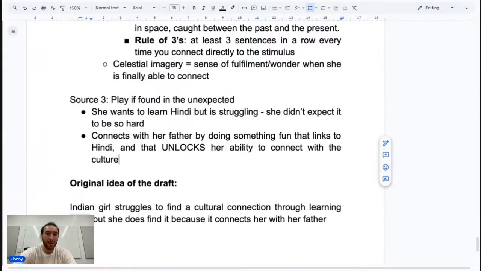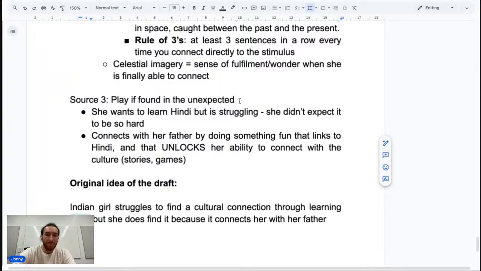So it's like, turns out she just had to have this open, curious spirit and an openness to connecting with her father and not ruling anything out, and then finding herself in this form of play, in the sense that maybe they're playing a game, like an old Indian game or something, or he's telling her stories, games, whatever it is, that actually is the unlock for her.